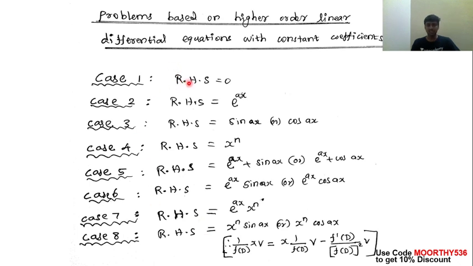This is part 3 of the previous classes. Already in parts 1 and 2, we had a very good discussion about the RHS equal to 0 format. We had a few multiple choice questions, practice questions as well as previous year GATE questions. Today we are moving into case 2. Already we had a discussion about case 2, and again I am giving a revision of case 2. Then we are moving into the multiple choice question format in case 2. After completing case 2, we are moving into case 3. In the subsequent YouTube live classes, I am going to handle these 8 different cases